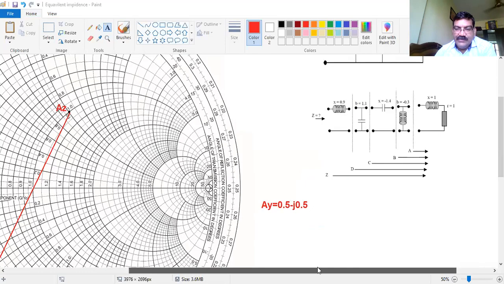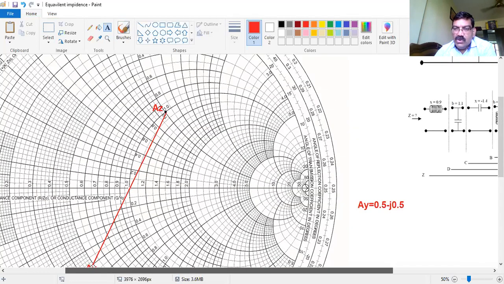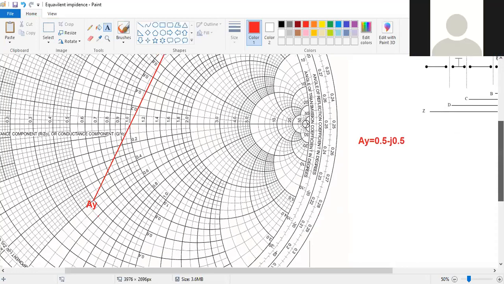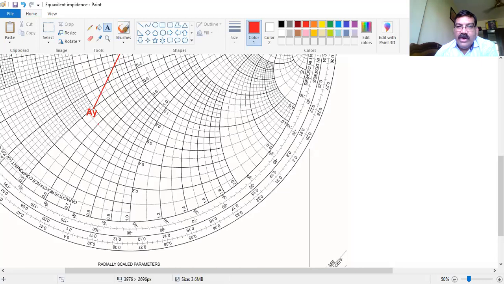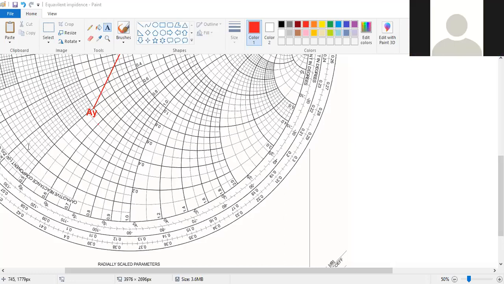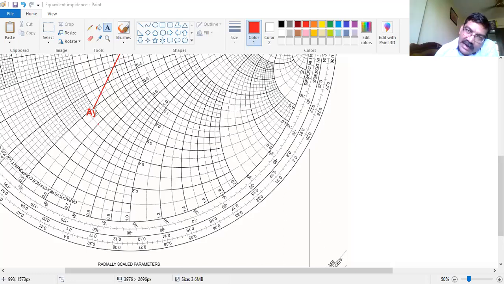So we'll look at this. By the free hand, I'll just draw it. What exactly we are doing, I'll just show you here. This is 0.5, and the 0.3 you have to add. Minus means you have to go this way. So this is 0.5, this is 0.1, 0.2, 0.3. So it will go up to 0.8. I'll just draw a free hand from here. You can draw a free hand on this.